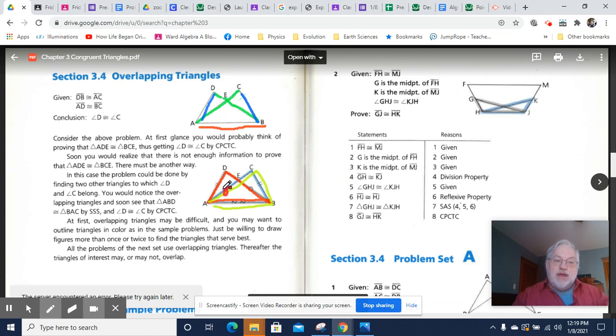So notice they've labeled that as congruent, and that side is congruent. They've labeled this side as congruent, and this side is congruent. And then they've done a little squiggle down here to indicate that that side is congruent to itself. And once you've color-coded, it's easier to see the two triangles, and then use symbols to indicate the parts that are congruent. So side, side, and side for triangle ADB and BCA. Okay, I hope that has been helpful, and I will go ahead and